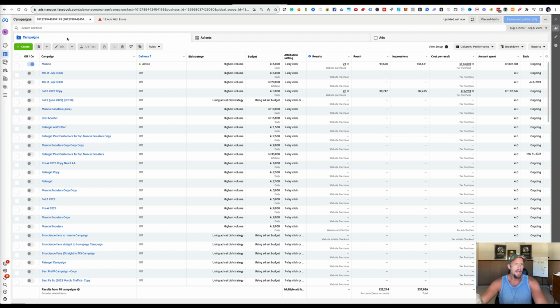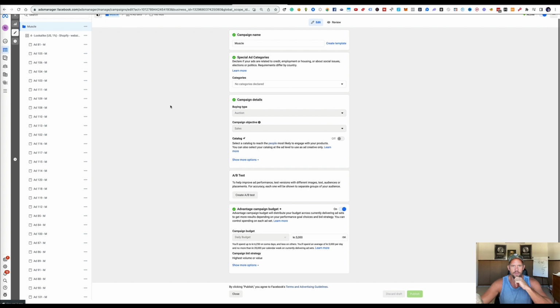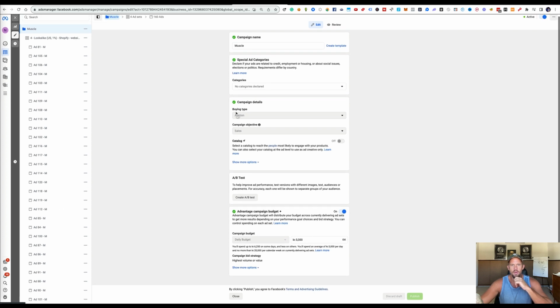All right, so let's focus here on these 2 that we're running. The muscle building campaign and the fat burning campaign. Now, think of Facebook like this. A campaign is where you essentially set the type of ad that you're going to run. So if we go into the campaign level adjustments here,